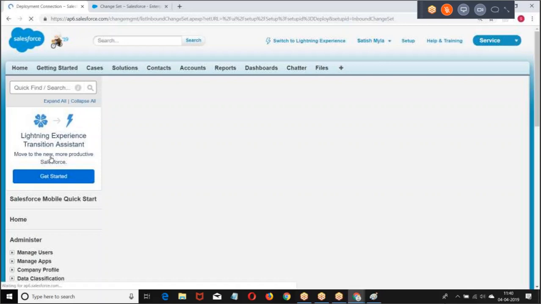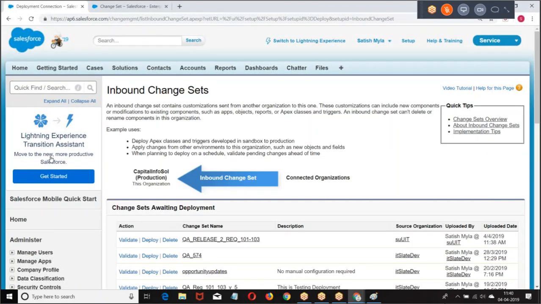Now, what is the option we have? Validate. When you validate, we have three options: Default, run local test classes, run all test classes, run specific test classes. Try to understand this.